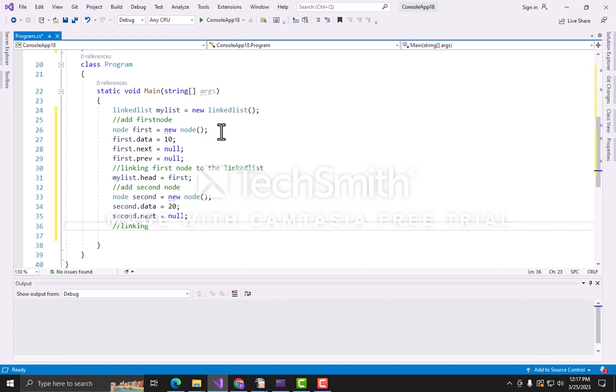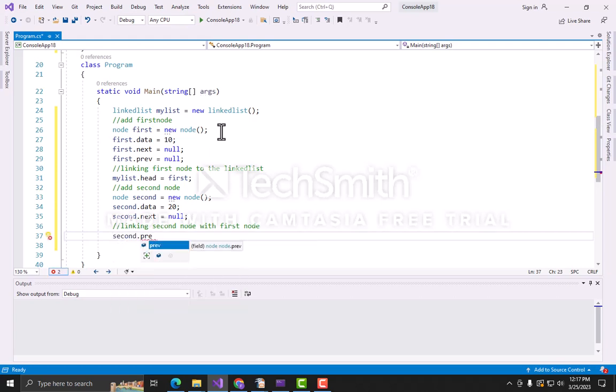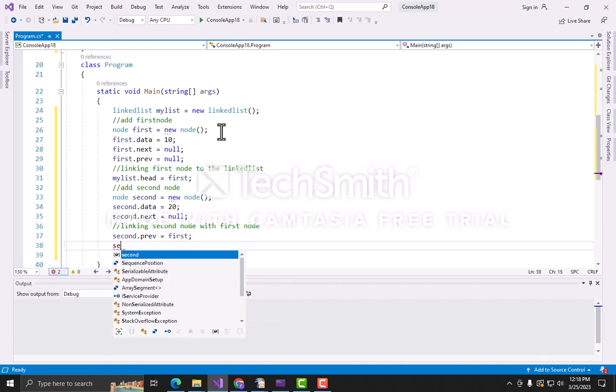So linking the second node with the first node. For that, first I need to store the previous part. I need to store the address of the first node in the previous part of the second node, and for that